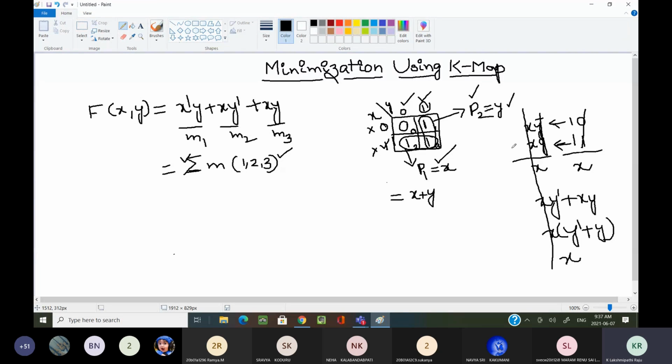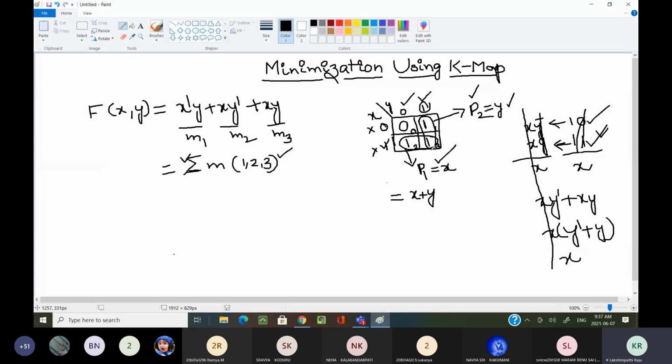Sir, we have not understood. If you have not understood, for the first 1 or 2 problems you can do it in this way. You can write it in your notebook this way, because here you can clearly understand. What is the cell value here? 1 0. What is the cell value here? 1 1. Among these two cells, which is varying? Y is varying. What is common? X is common.